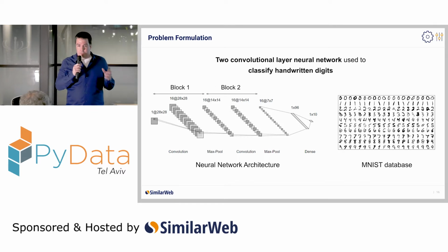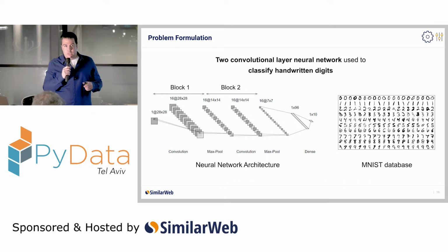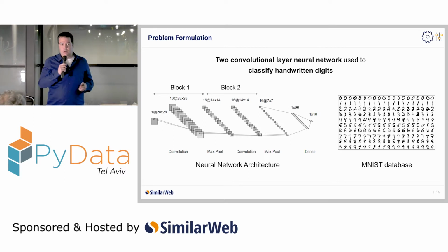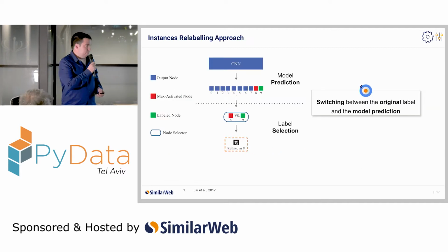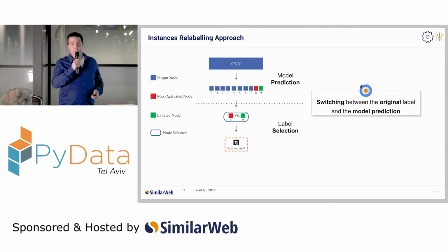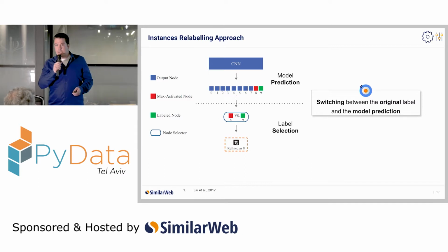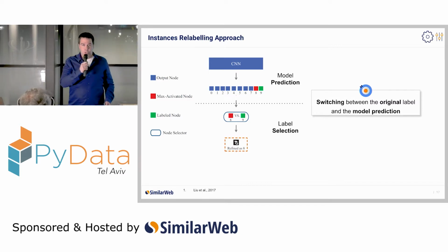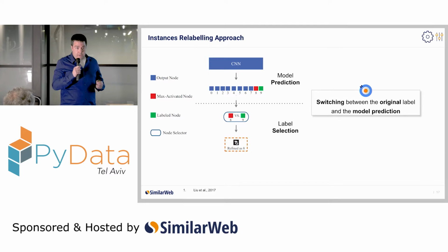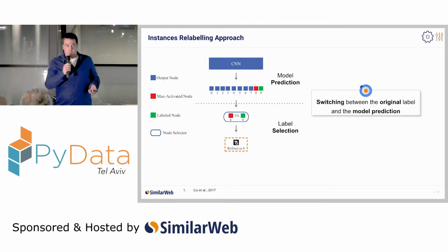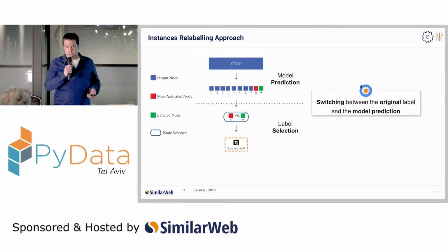It consists of two blocks, where each block consists of a convolutional layer and a max pooling layer, where the second max pooling layer is fed into a fully connected layer. In order to handle the presence of label noise in this data, I decided to use a relabeling approach. And as you remember, relabeling is one out of several methods used to clean the training data from suspected noise-contaminated instances. The relabeling is based on an approach suggested by Liu just over a year ago.